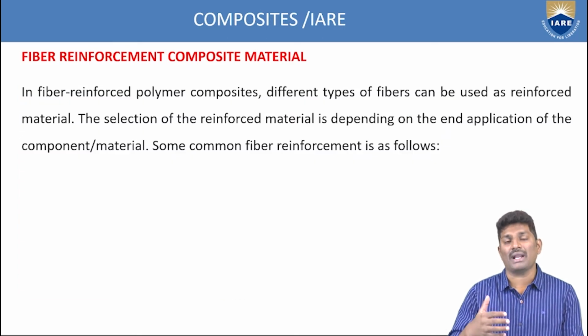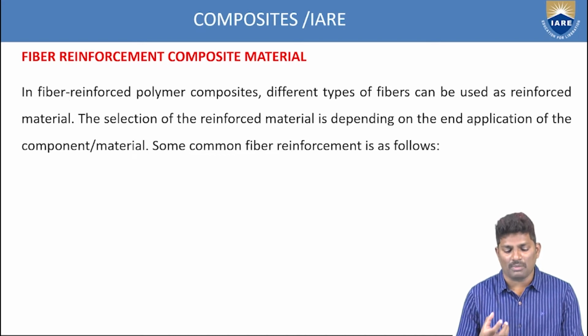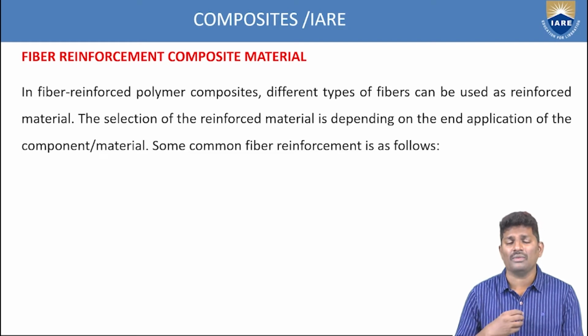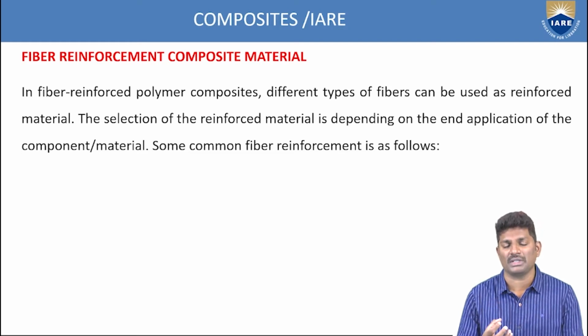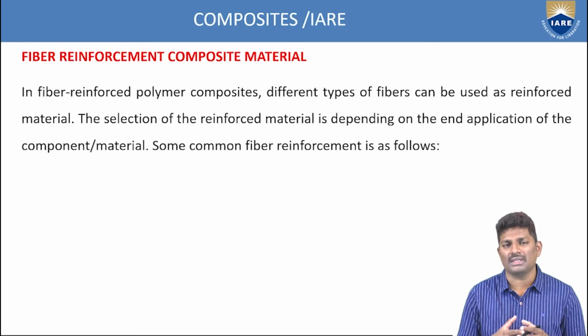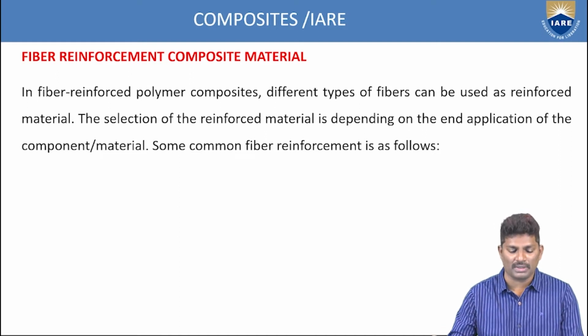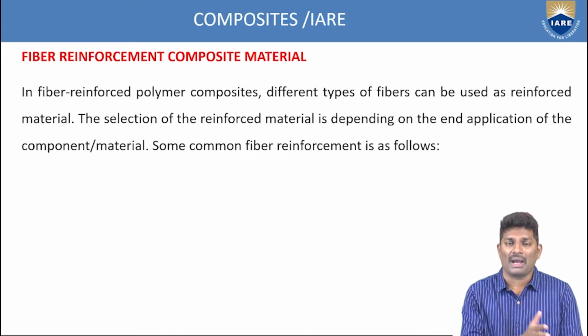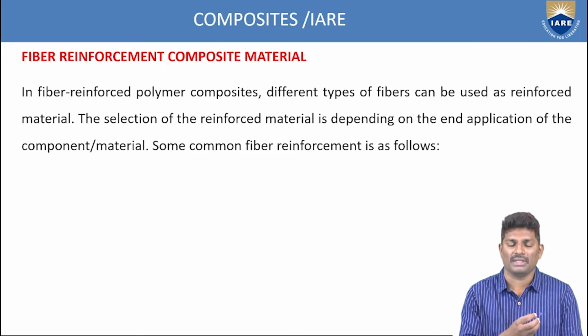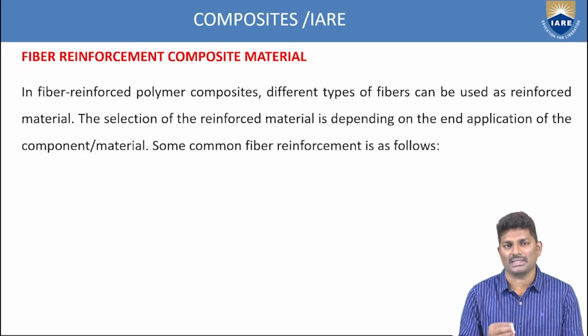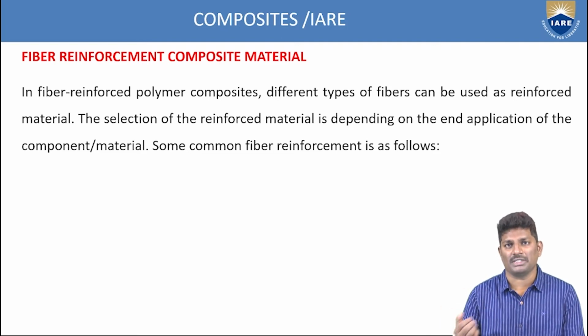Next, that is about the matrix type of manufacturing process for composite materials. Now another category is what? Fiber reinforcement. How we are trying to reinforce these composite materials, how we are trying to combine two different materials into a single material, that is the other category which comes under the reinforcement. So first we have seen about the matrix, whether it is a thermosetting or thermoplastic. Now another category is about the reinforcement of these composite materials.